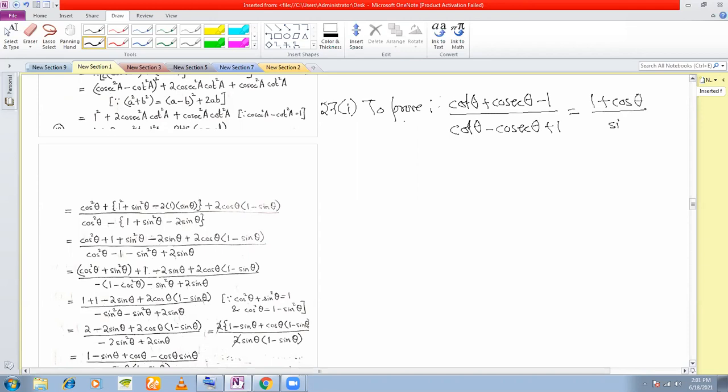Fine. Now you see on the right hand side, you have to show that this is equal to sine and cos. If you see, this right hand side contains sine and cos only. That means obviously this is pointing toward the fact that you will have to change the left hand side to sine and cos and then proceed. So let's write the left hand side first as it is, and then we'll change to sine and cos.